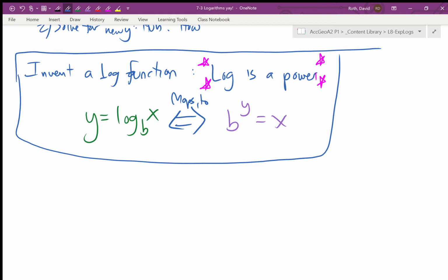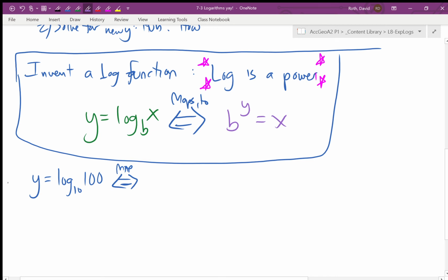It'll make it easier for me. Let's work with powers of 10, because those are nice. Y equals the log base 10 of 100. Let's do the little mapping thing. The arrows go both ways. I'm just using that as an indication of map. Maps to. Okay, how would I map this into my purple exponential form? Well,